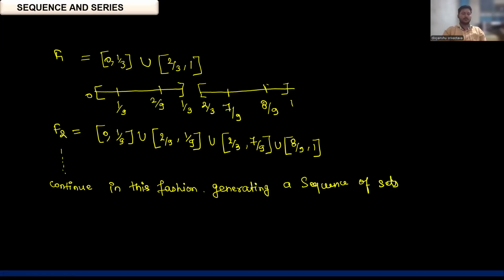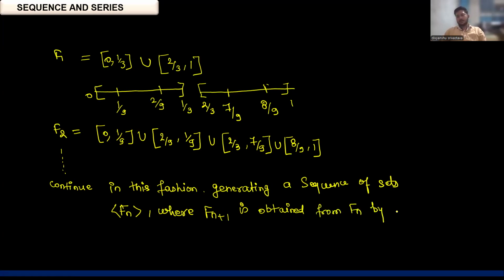Okay, so Fn, where Fn+1 is obtained from Fn by removing